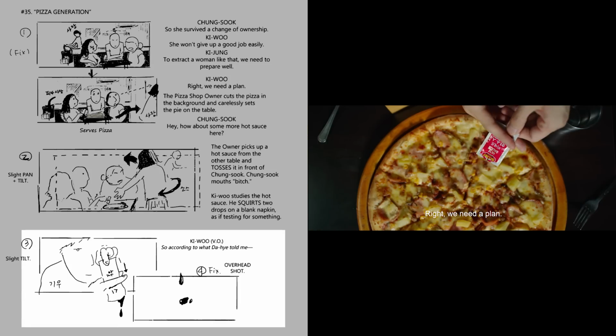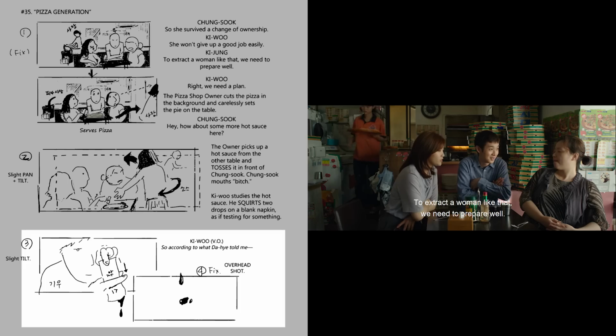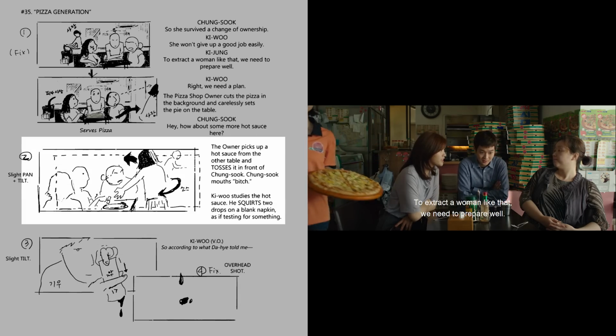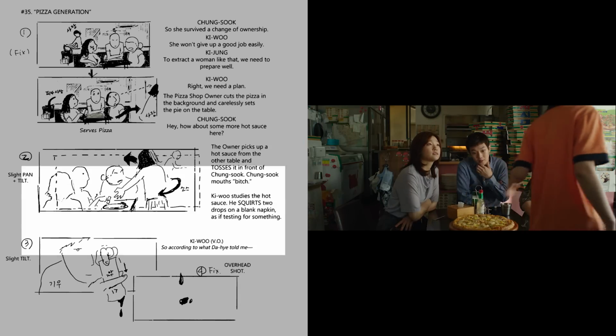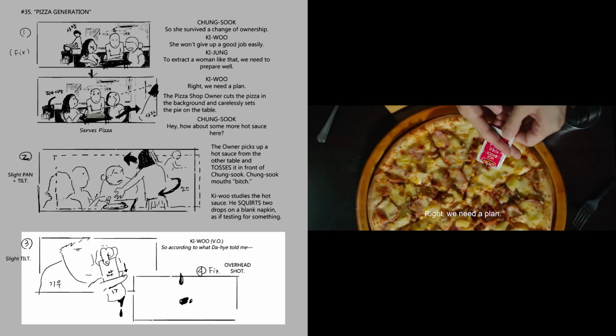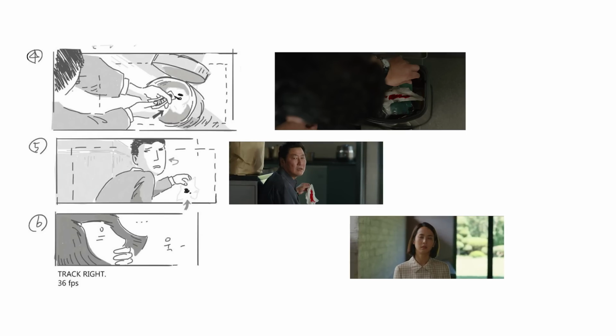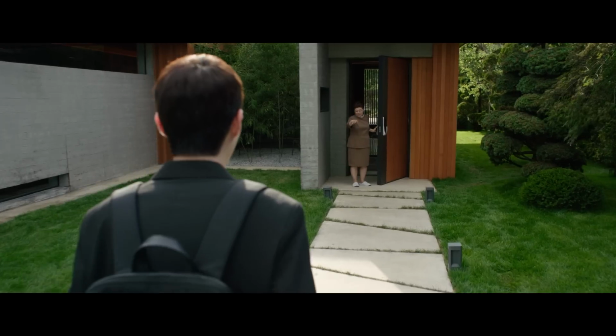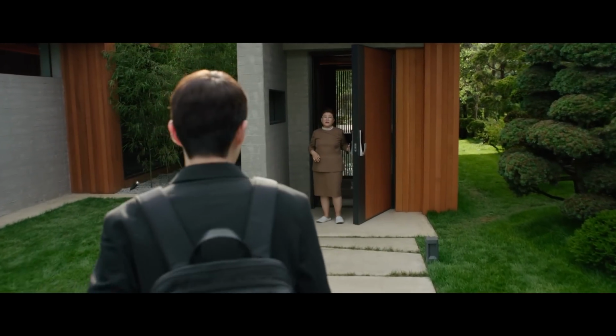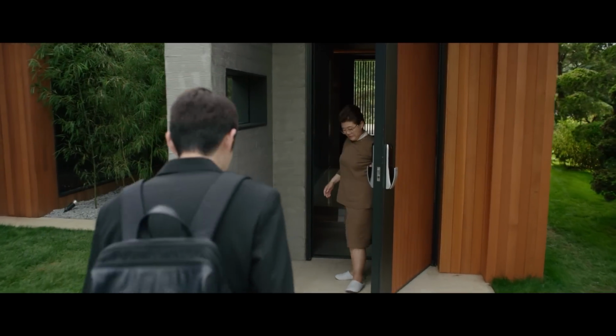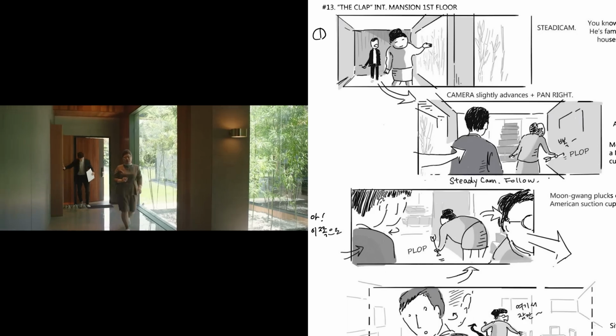In this scene, Bong eliminates some dialogue, an entire shot, and simplifies these two shots into a single shot. But while he'll make small changes, simplify things, or eliminate shots, he almost never adds something that isn't in the storyboard. If he does add or change something, it's usually fairly small details.